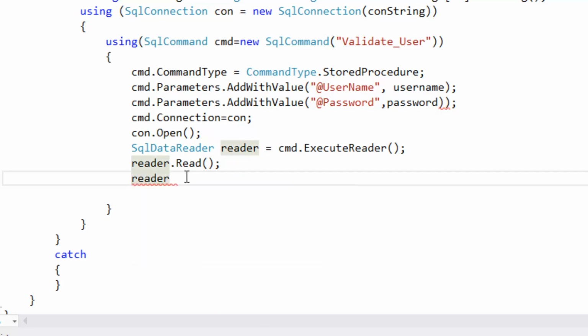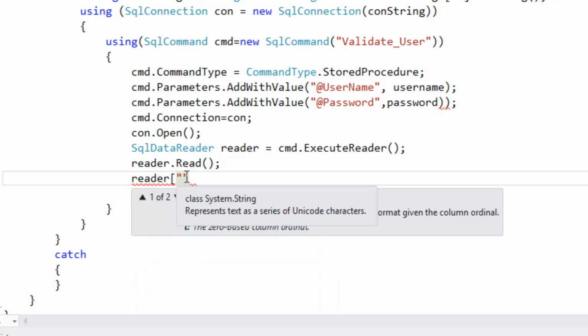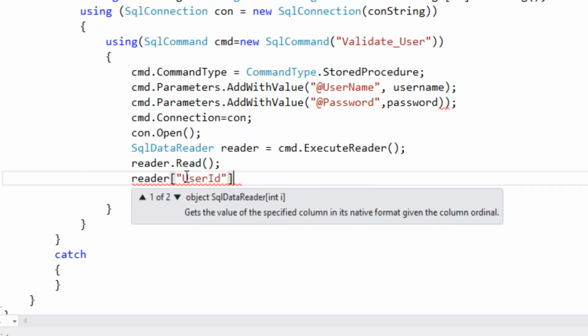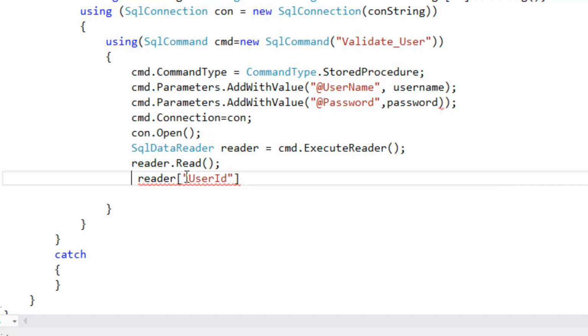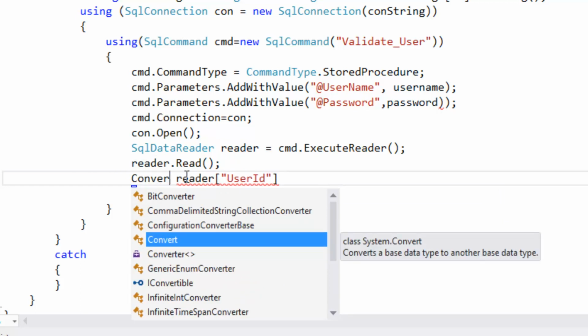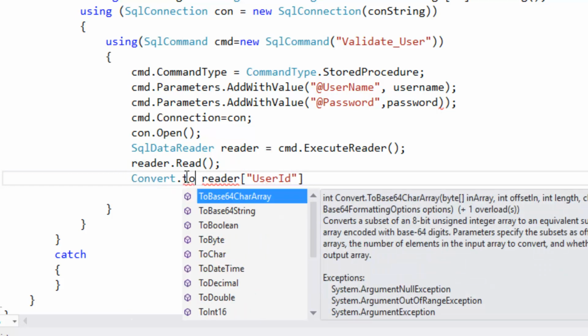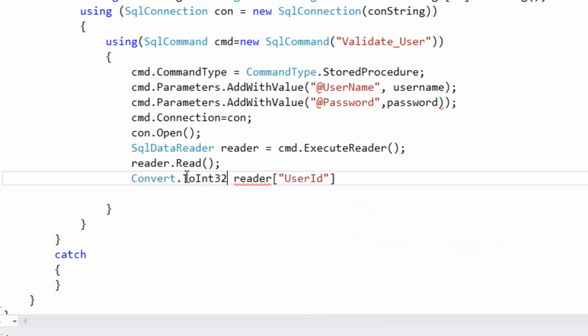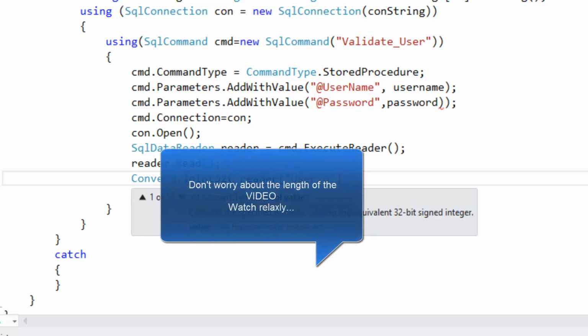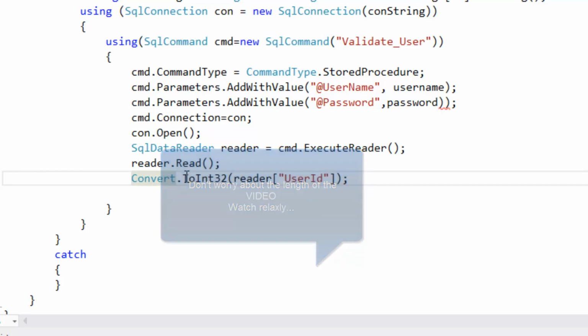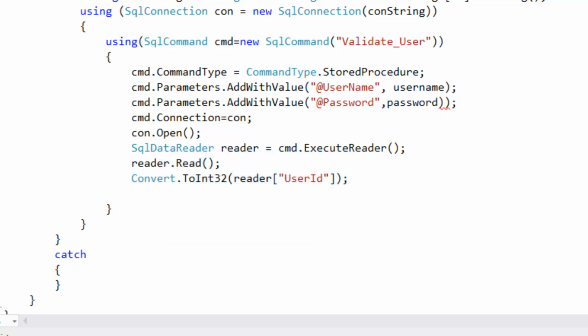Reader of the value which is returning from the database, which is user ID. Let's convert this using Convert.ToInt32. That will convert the string value to an integer. We have to store those values in user ID. Let's copy and paste here,